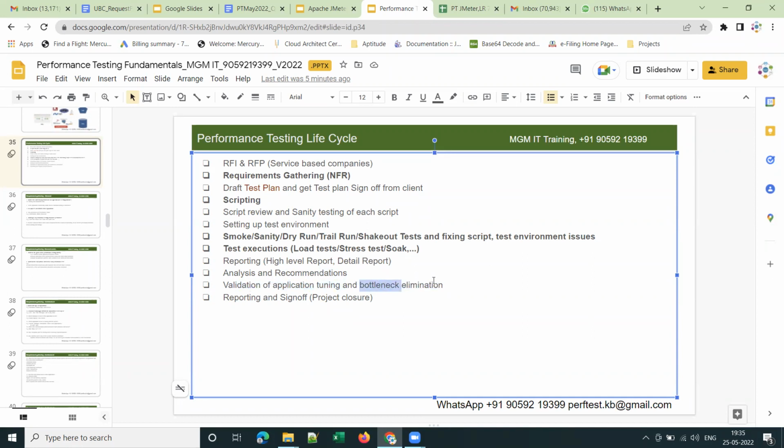Once we make sure that all the issues are identified, suppose the bottlenecks are not eliminated, the issues are not sorted out, then again you have to see what tuning can be done. How can we improve the performance of the application? We will ask them to do that again, and again we may need to do another round of testing. Now once all the issues are identified and eliminated, we will be submitting a final report and